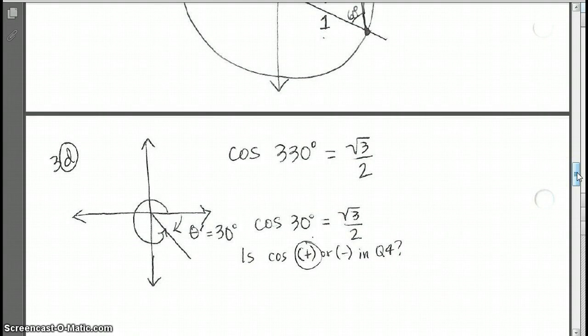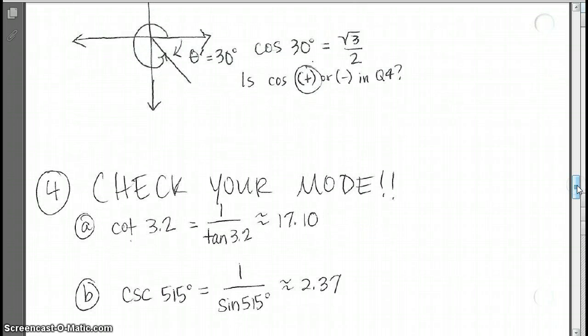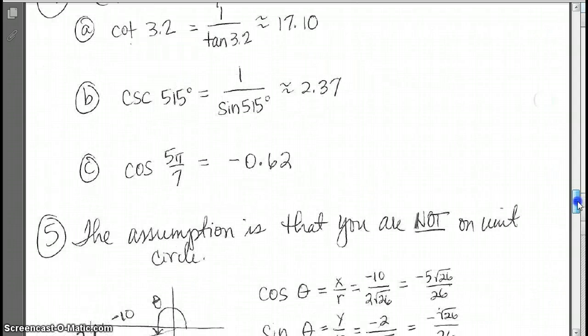And the more you do these, the better that you will get at doing them, because it is a technique that you will need until we're done with this class. Not just this chapter, not just chapter 3, the rest of the class. A big thing here, check your mode. When you're looking at radians versus degrees, you want to make sure that you check the mode when you figure out the problem